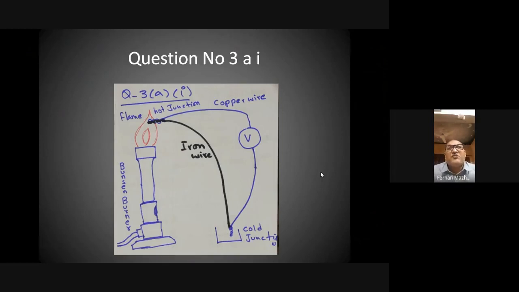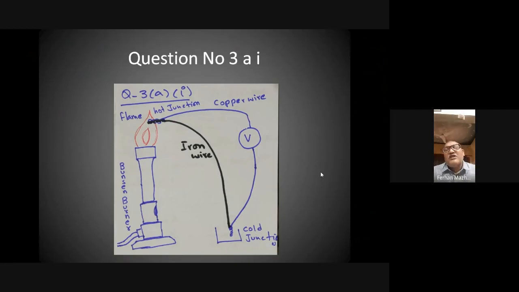The one end is put on the flame. We call it the hot junction. The other end, where the two wires are twisted with each other, is called the cold junction, and that is put in the melting ice. In the copper wire, we have connected a voltmeter. Whenever there is a temperature difference between the hot junction and the cold junction, EMF is generated automatically,